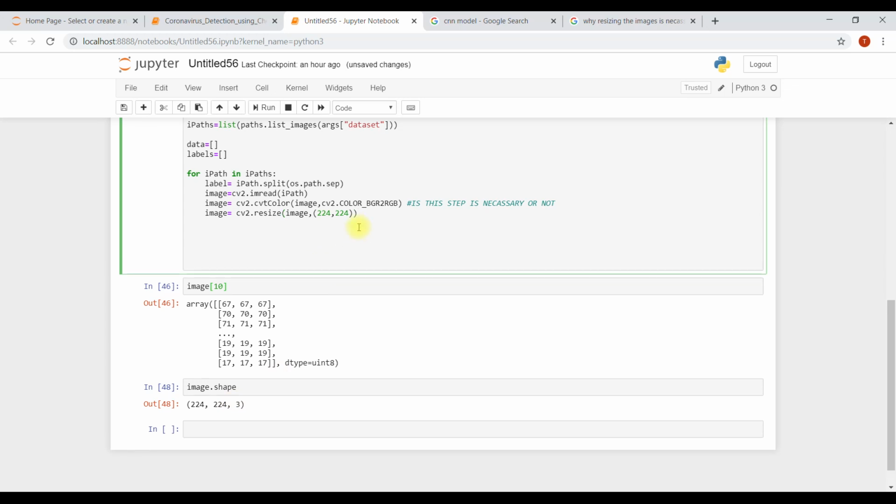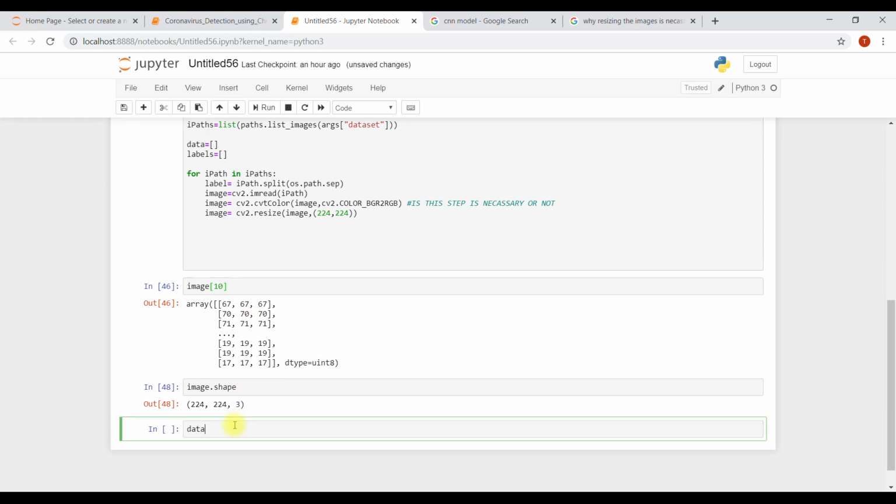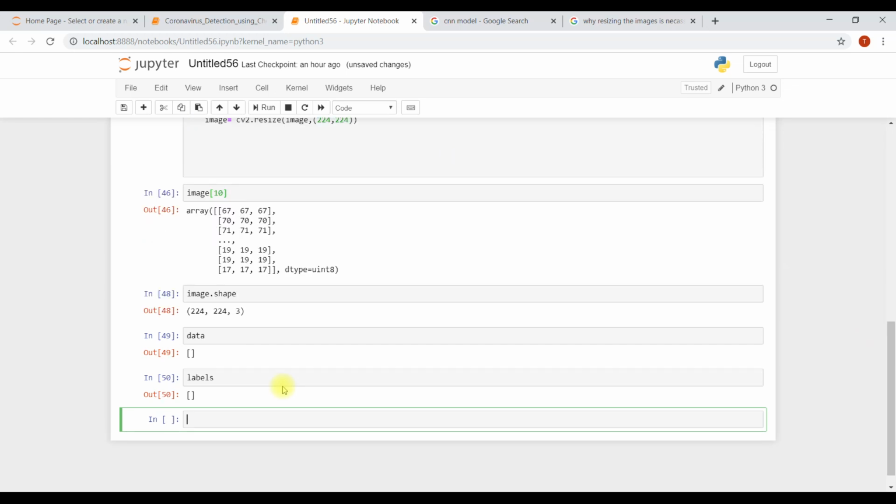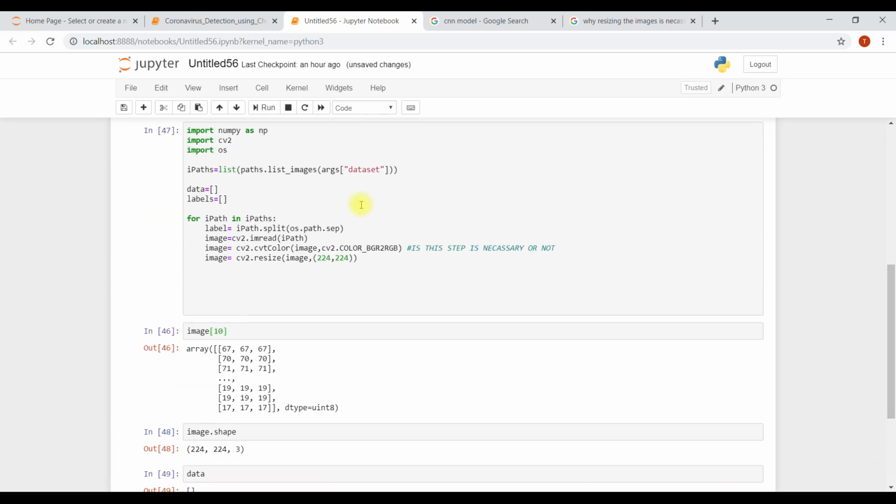Now let's append this data. Right now the data is empty, and so are the labels. Let's store them there. With data.append, you store in a list using the append method.